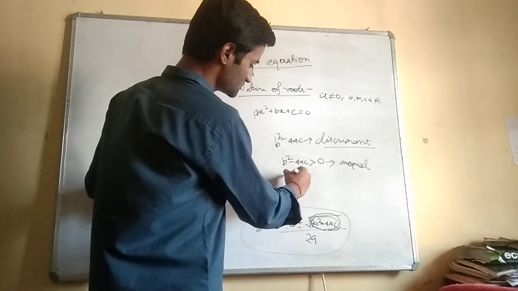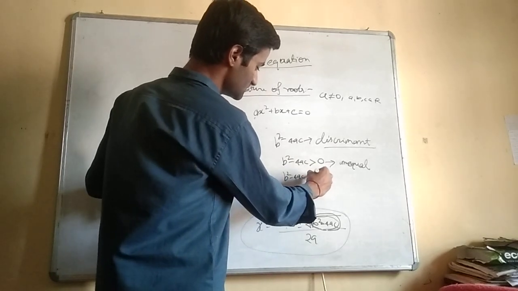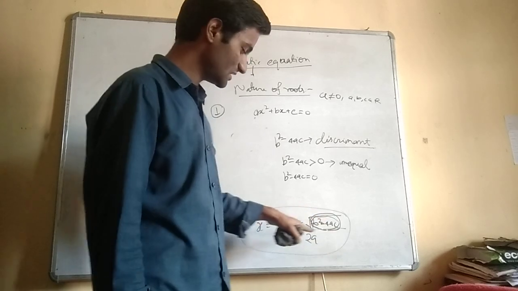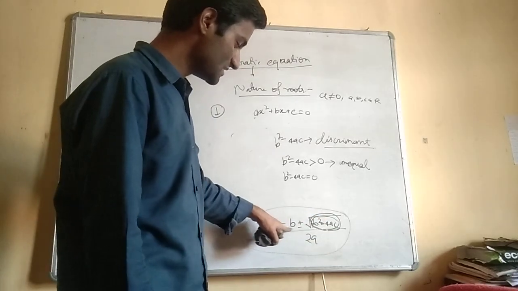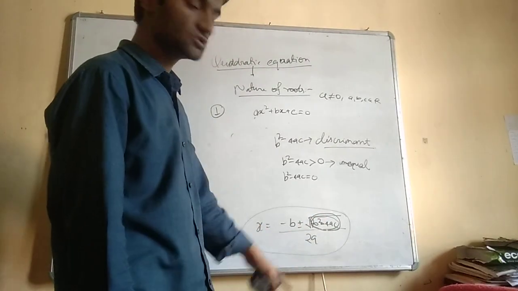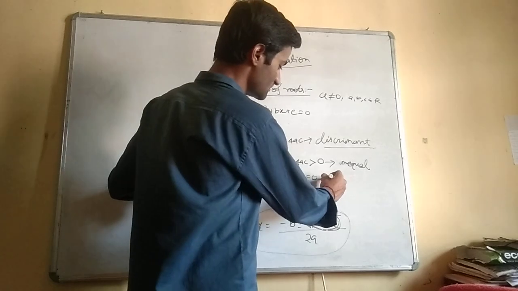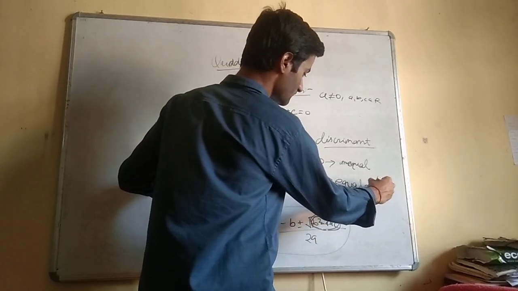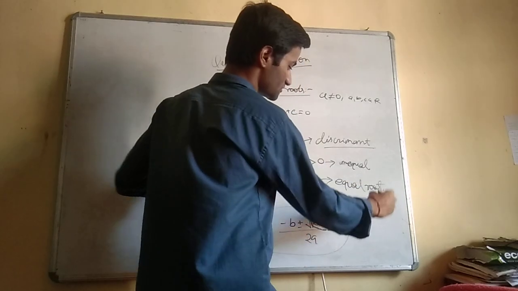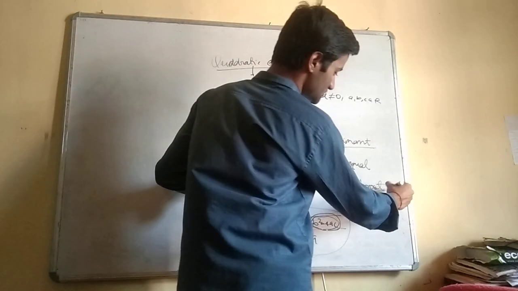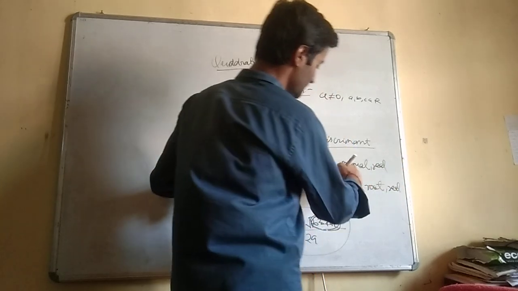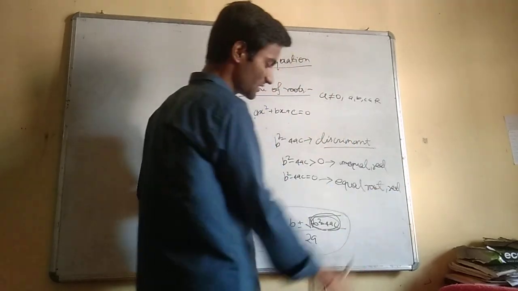And if we take b square minus 4ac equal to 0, we are considering this whole term is 0. So in that case, we will get only minus b by 2a, 2 times. So in this case, we will get equal roots, and the roots will be real. So equal and real in this case, while in the previous case the roots are unequal and real.